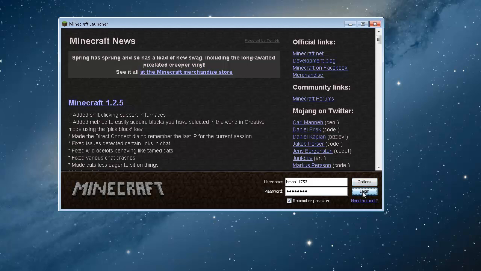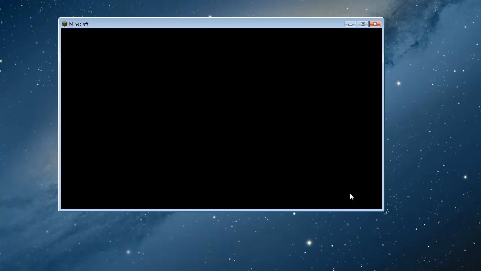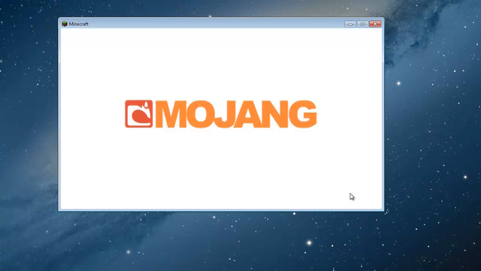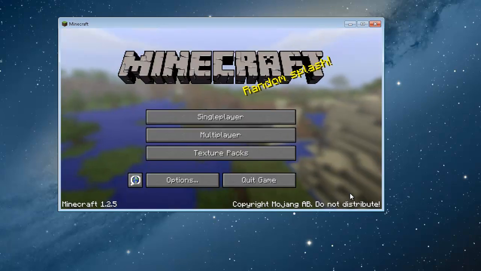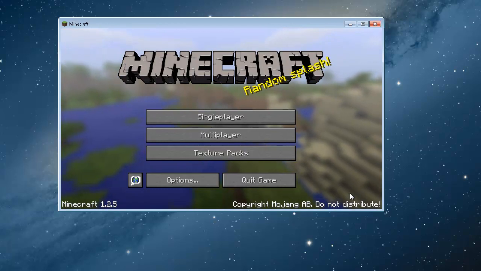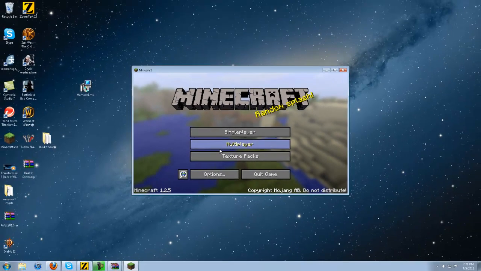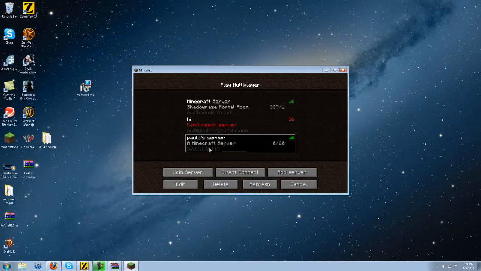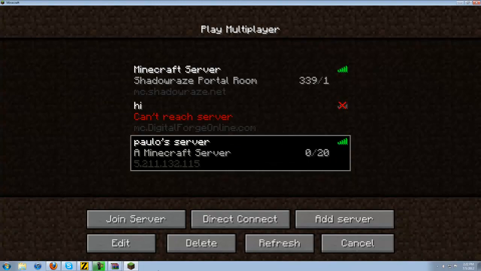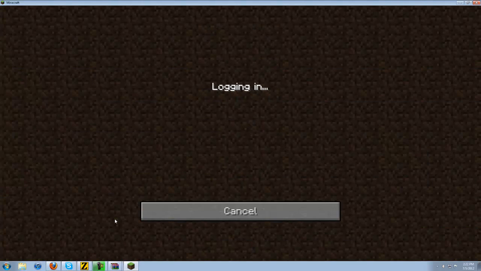Originally we downloaded the server file from the Minecraft.net website, and if that's how you want to do your server, you can also do your server that way, but I find you can't set spawn, you can't do any of the cool stuff. You can teleport, but that's really it. So I'm just going to come into our server here and show you the server running. So if I click join server,